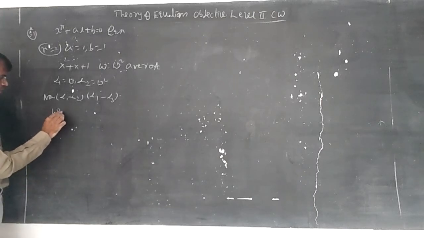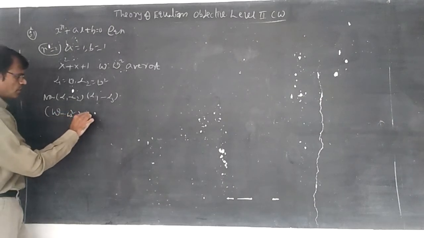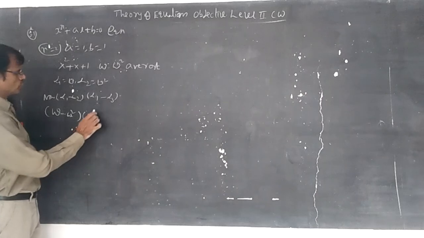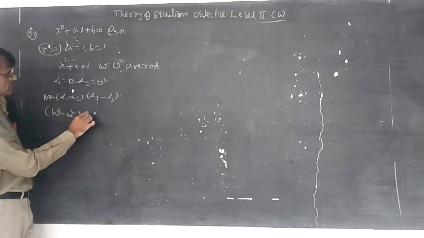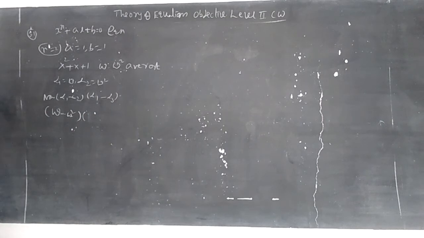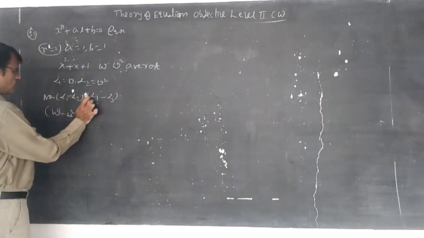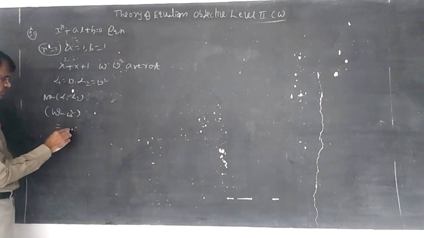Alpha 1 minus alpha 2 means omega minus omega square, into alpha 1 minus alpha 3. Only 2 roots, there is no alpha 3, there are no three roots. So simply alpha 1 minus alpha 2, omega minus omega square becomes